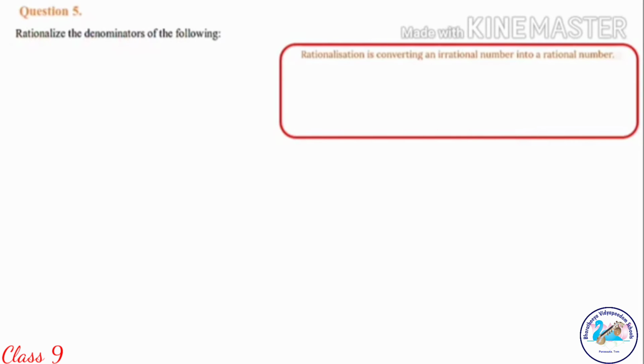That's the process. Here, to rationalize the denominator of 1 divided by root a plus b, you have to take the conjugate of root a plus b. I repeat, the conjugate of root a plus b. Conjugate of root a plus b means root a minus b. Conjugate means just take the opposite sign. Here plus is there, so you take minus. Here minus is there, so you take plus.